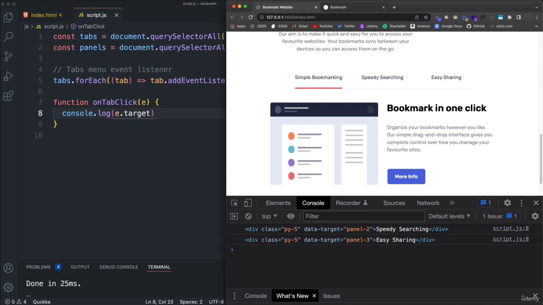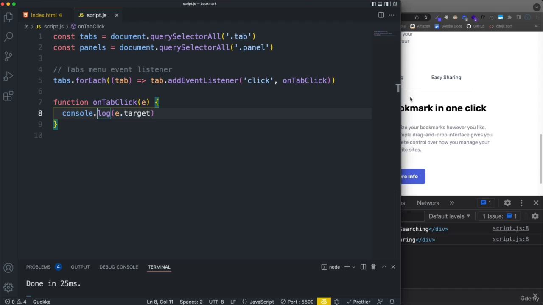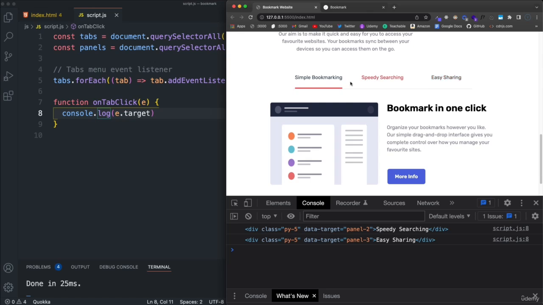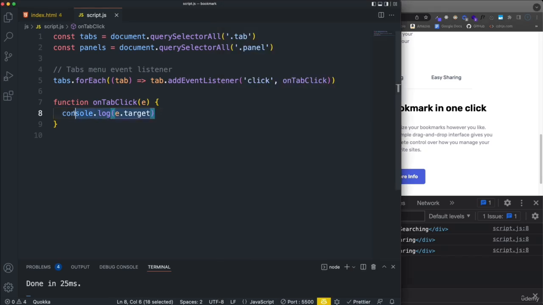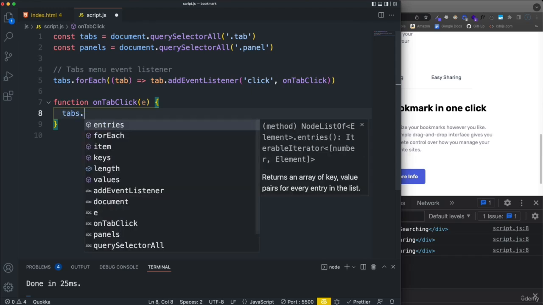So we will be using that in a little bit, but the first thing I want to do is deactivate any existing or any activated tab. If I click on one of these, the red border should go away on all of them, and it doesn't matter which one I click on. So what I'm going to do is, again, take all the tabs and loop through them,